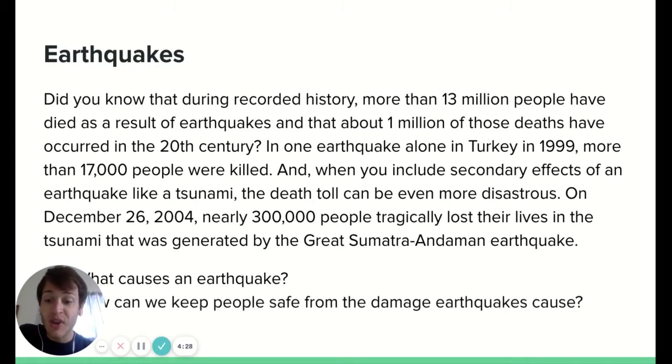Because if we understand the causes, we can think about ways that we can keep people safe from the damage earthquakes cause. So that's sort of why today's topic matters. They're really destructive, but we have some power to prevent some of that damage. All right, so